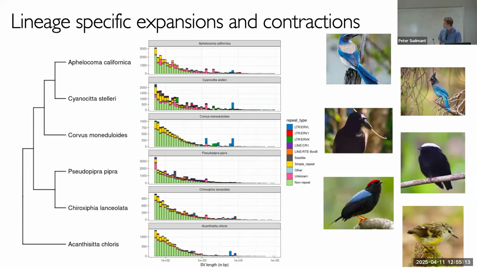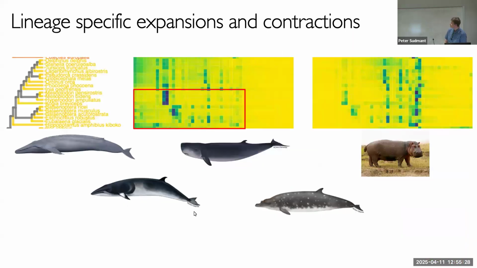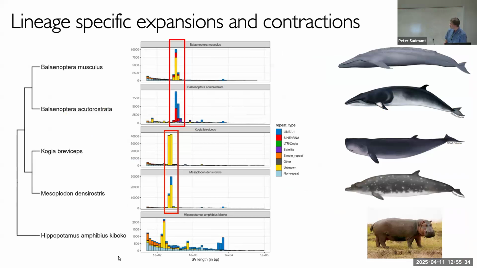Here's another case in these birds. I don't know what's going on here. Basically, this class gets activated in this lineage, and it's still active here, but then it got silenced in this lineage, and it just popped up. And this is a crazy example. This is in whales, and here are these whale species, and this is wild.